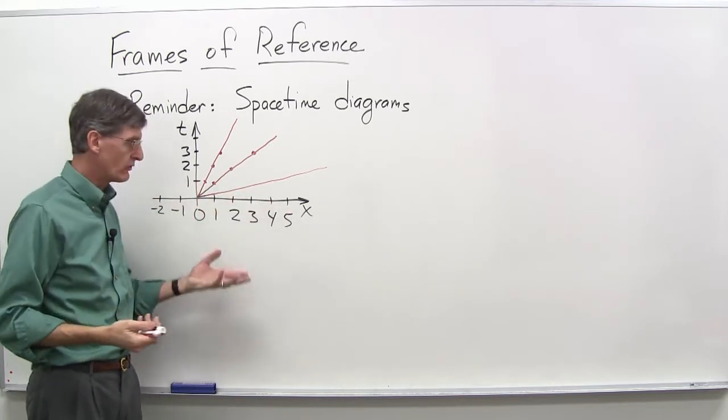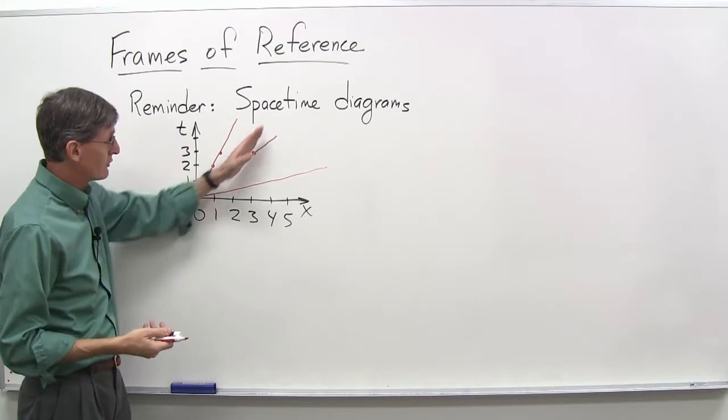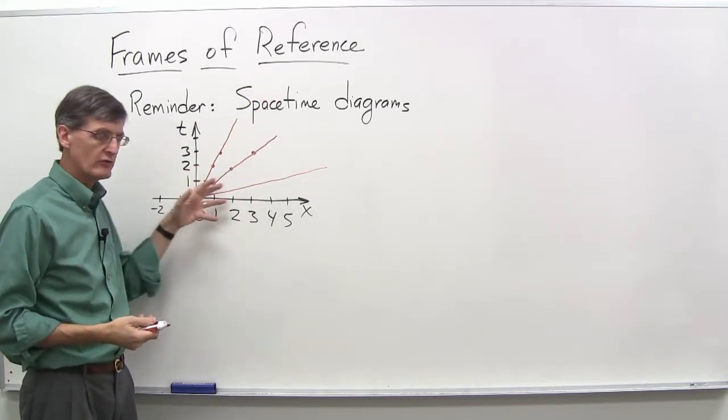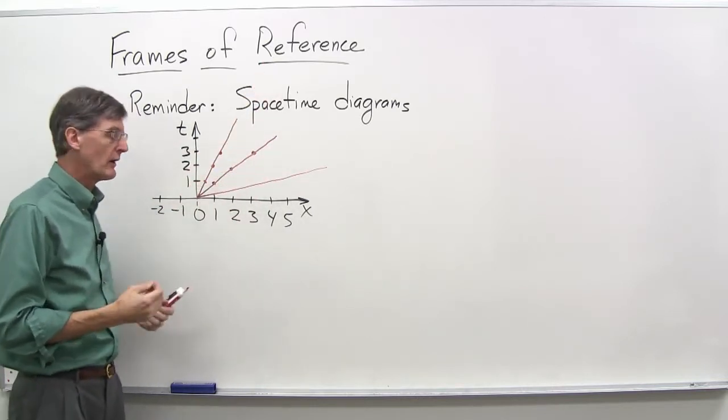If you do acceleration, so the velocity is changing on an object, you get curved lines going in various directions, not straight lines like that. So just a reminder about